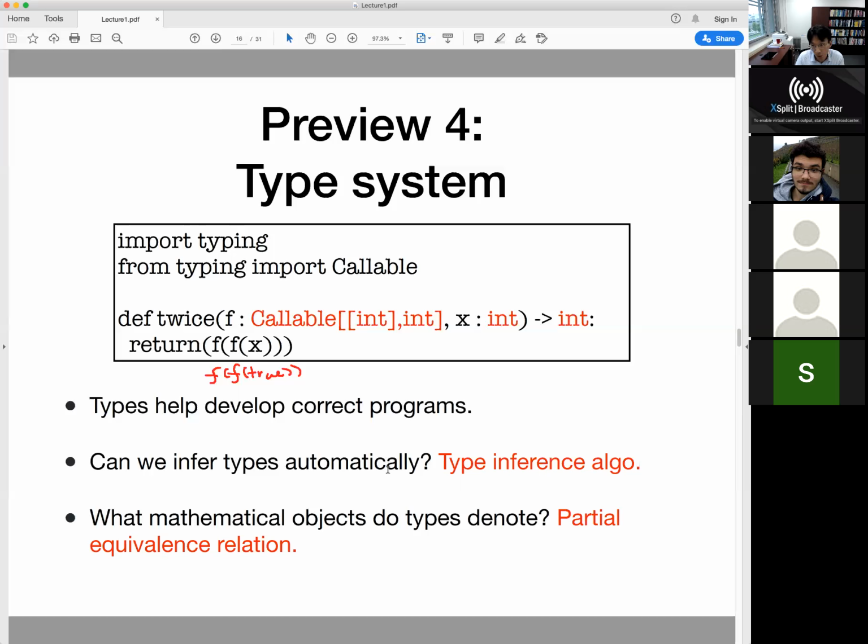And then for the first question, we're going to study a little bit of the type inference algorithms that help us enjoy the benefits of the type system without paying too much price for writing type annotations. But to give us a bit of a hint about what this partial equivalence relation really captures, it actually captures something quite interesting. If you write a type annotation like this, typically you expect that